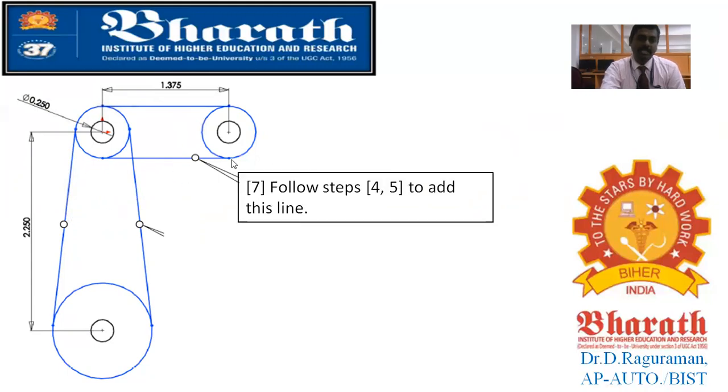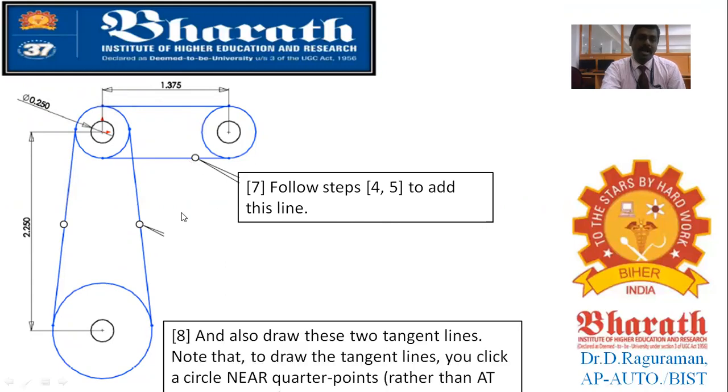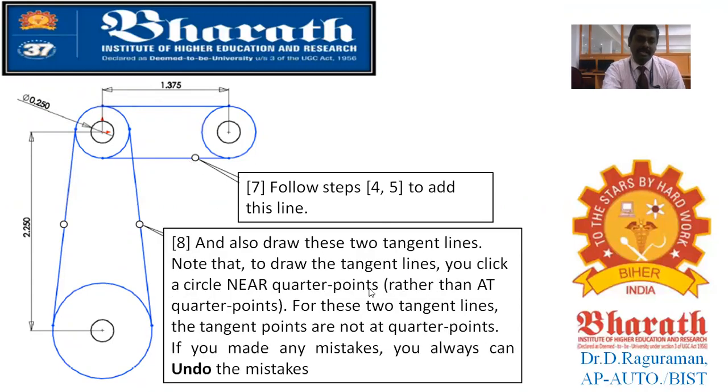So now you are going to follow the steps that you have explained for drawing the lines. The same steps you follow here also, and here you can draw the tangent lines. Directly the same procedure that you followed for that line, you follow here. But here you will have a tangent line, not a straight line, because it has a different diameter. So seeing that, you will be drawing a tangent line.